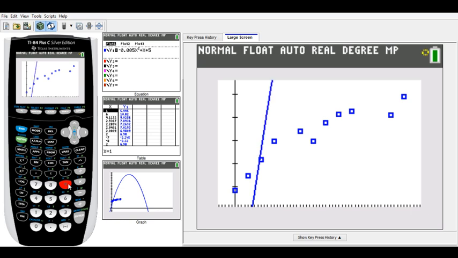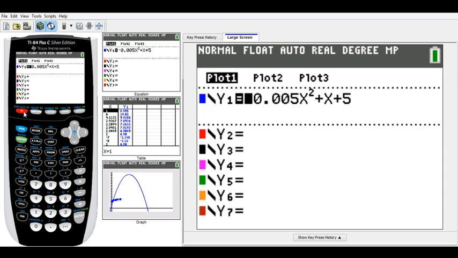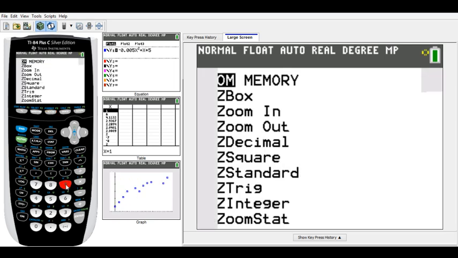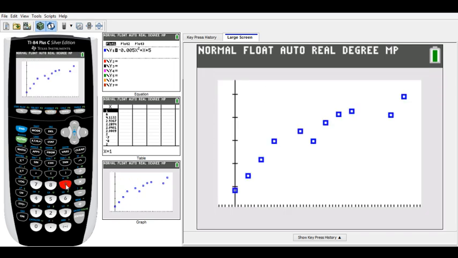Okay, so here's the data. Do not worry about the curve. The curve is just extra stuff that I have, so I'm going to delete that one. So go to y equals and then clear that. So one more time, zoom, and then 9. So you see the scatter plot. According to the instruction, that's what we did: make the scatter plot and decide whether a linear model is appropriate,